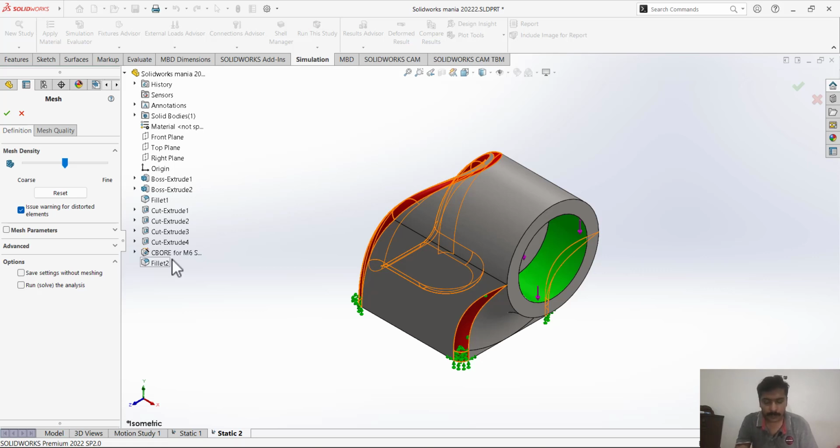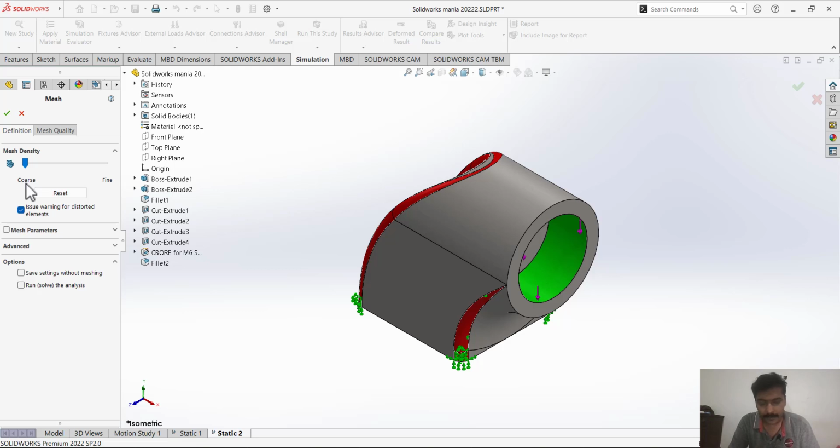If you are solving it mathematically, you have to solve a lot of equations, and it will take a lot of time. But if you keep the element size larger, then it requires less time. And if we talk about SolidWorks simulation or any computational simulation, if you keep the mesh size very coarse, that means you are selecting the element size very large. It will take less time and less computational power, and it will give you the solution